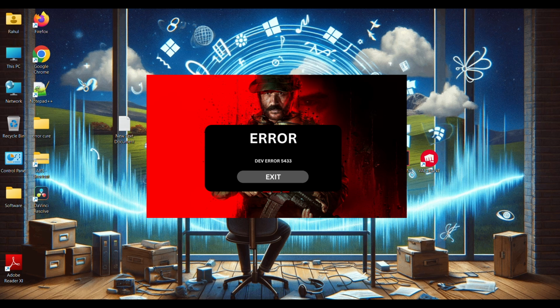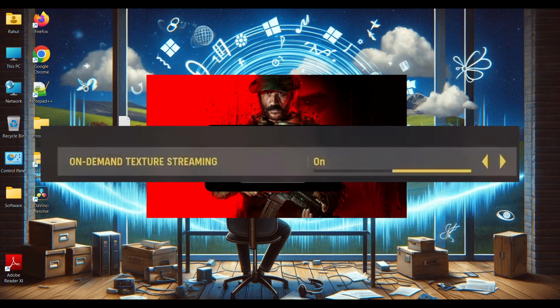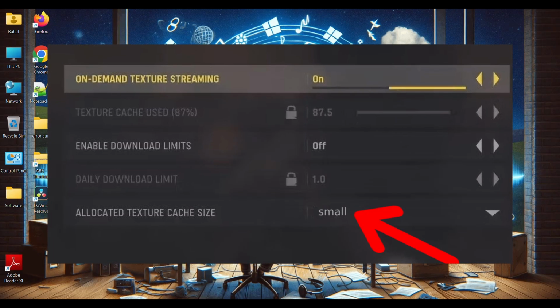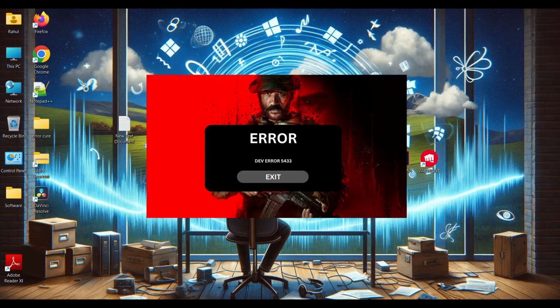How to fix this error? The best fix for the dev error 5433 in Modern Warfare 3 involves adjusting your on-demand texture streaming settings. To do this, launch the game, navigate to the game settings, and select the graphics tab. Look for the option labeled on-demand texture streaming. Change the allocated texture cache size to small. By reducing the allocated texture cache size, we are minimizing the chances of encountering conflicts related to the cache